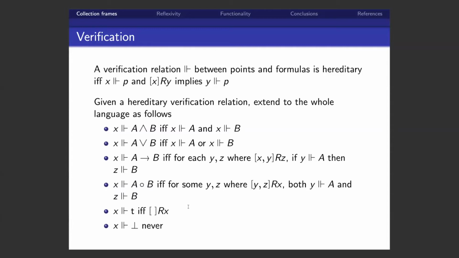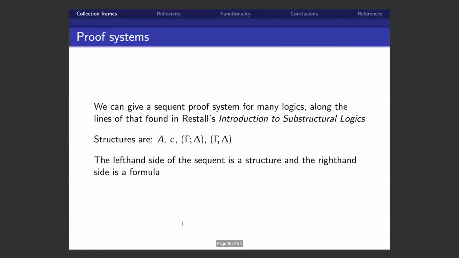And then we have the Ackermann constant, which is not going to feature too much in this talk, a bit later. The Ackermann constant, little t, is verified just in case the empty multiset relates to that point. And bottom, which will not feature in the talk really, we can throw it in there if we want. So that is how verification is going to work. So we have models, and at this point it would be very natural to define validity. I'm going to delay that just a little bit to talk about proof systems,